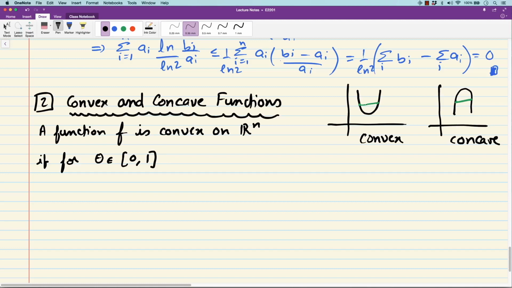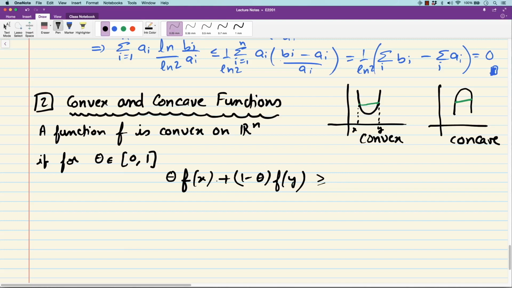You take 2 points and move the point by a fraction theta. So this is the parameterization of a line. So if for any theta, theta times f(x), so there are 2 points x and y, plus (1 minus theta) times f(y). As you move this theta, this point moves from this corner to this corner. So you can just think of this point here as x, this point here as y. Okay, so you move from f(x) to f(y). This guy is, as I said, exceeds